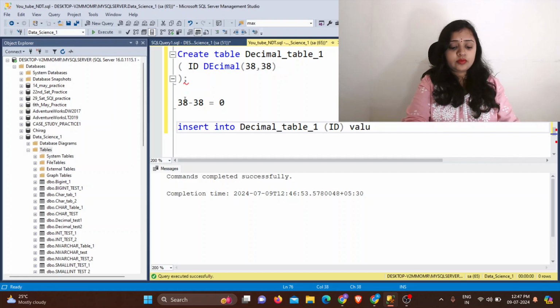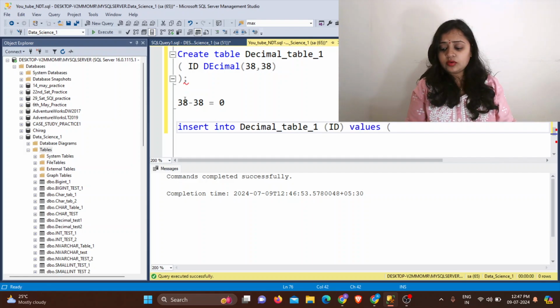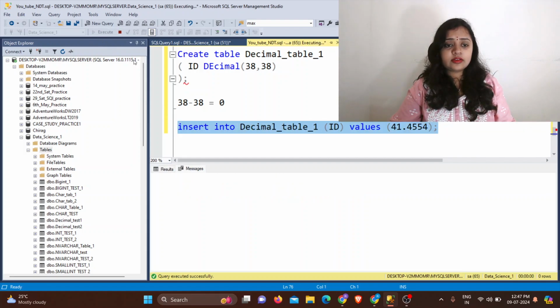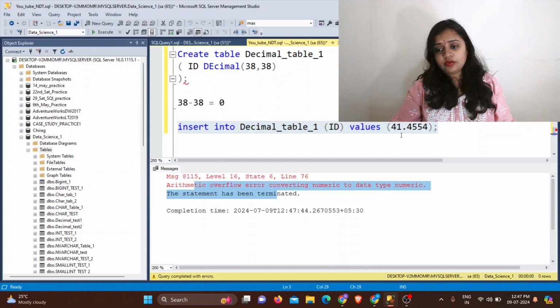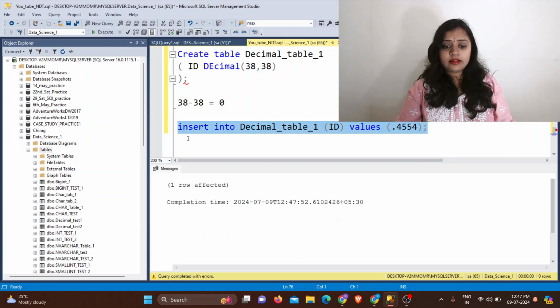So if you try to give a digit here and a dot, and after that up till 38 it is allowed, you can give anything, then just close and try to insert it and hit the execute button. So, arithmetic overflow error. And if I don't write anything here and I just insert it and execute, see, 1 row affected.